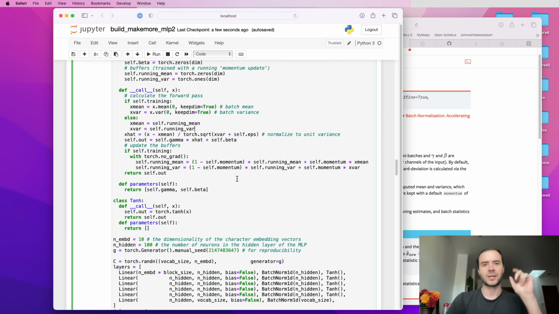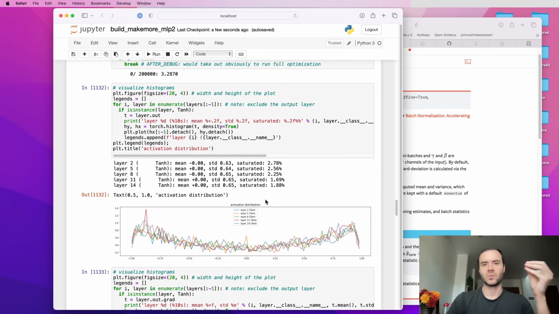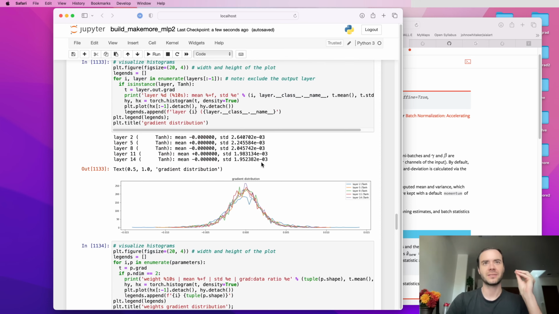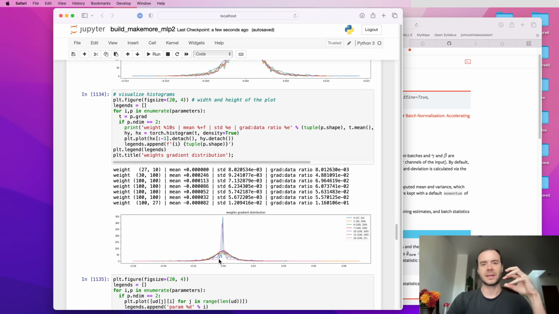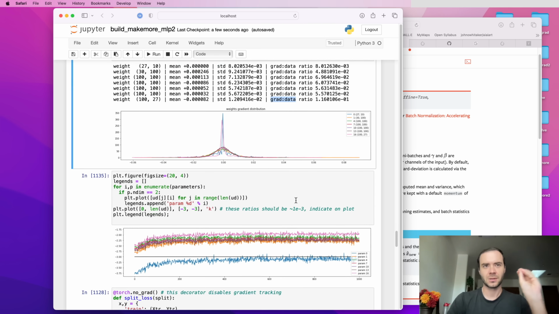And number 3, I tried to introduce you to the diagnostic tools that you would use to understand whether your neural network is in a good state dynamically. So we are looking at the statistics and histograms of the forward pass activations, the backward pass gradients, and also the weights that are going to be updated as part of stochastic gradient descent. We're looking at their means, standard deviations, and also the ratio of gradients to data, or even better, the